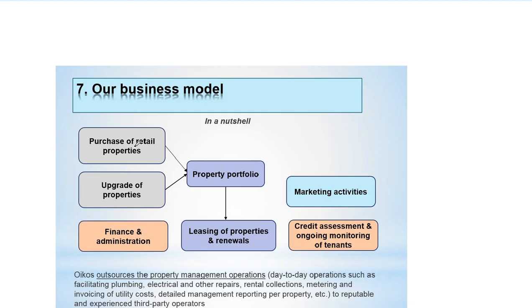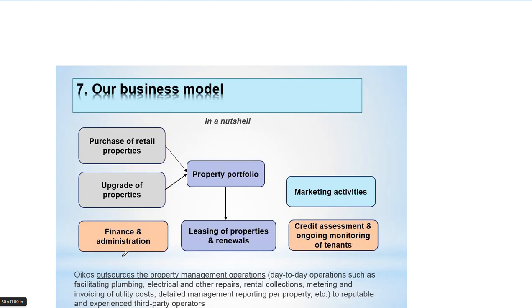Now there is a division that deals with the property purchase. Then upgrade of properties. Each and every property might need to be upgraded at some point. You cannot expect the nature of the property that was in 1999 to still be relevant now, in the 2000s. For that reason, we're expecting that there will be some upgrade of the property as and when required, to be appealing to the next renters. So in that case, you expect them to have a division of that nature.